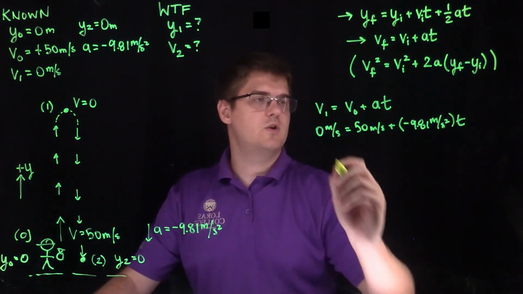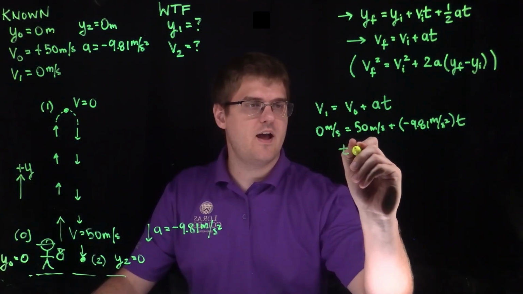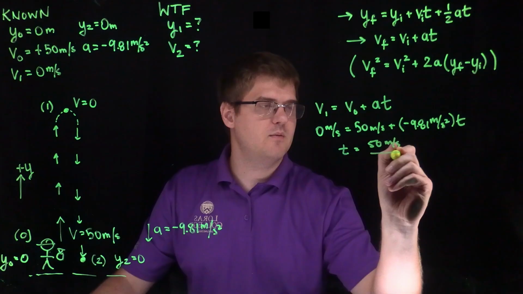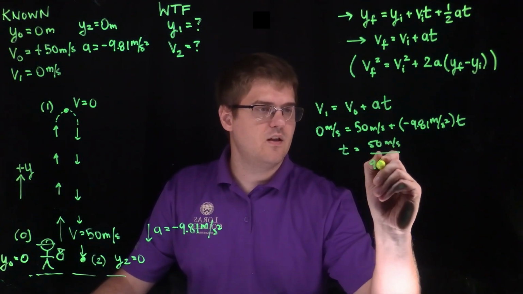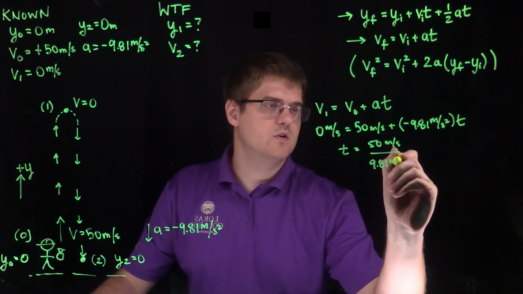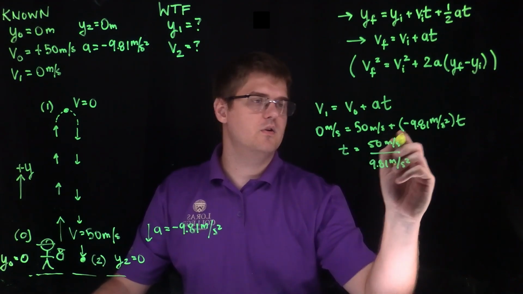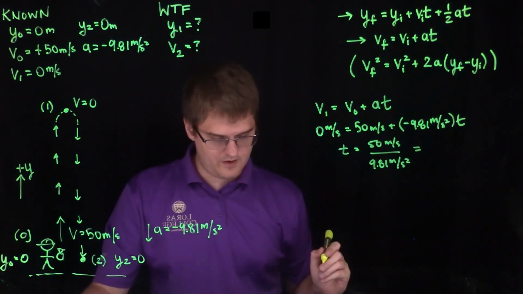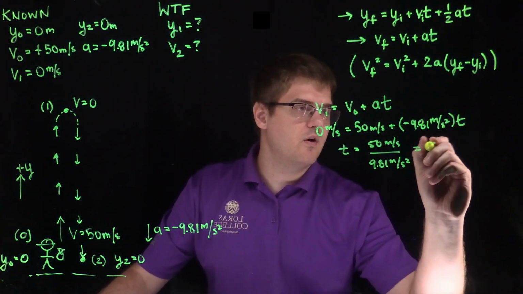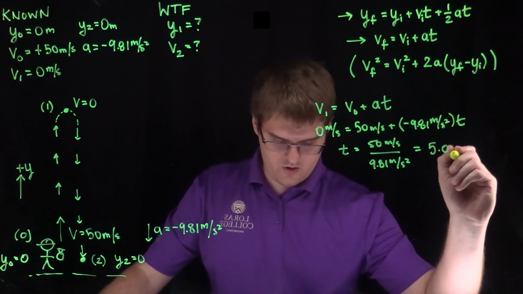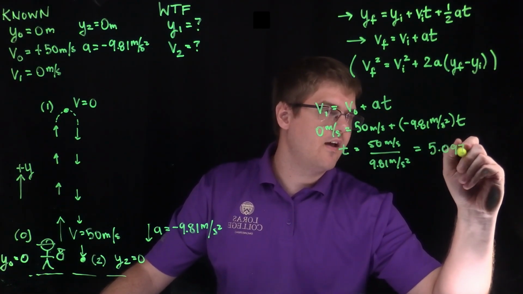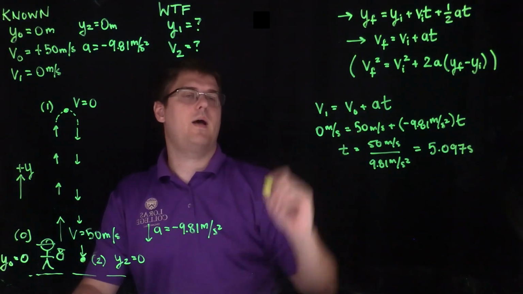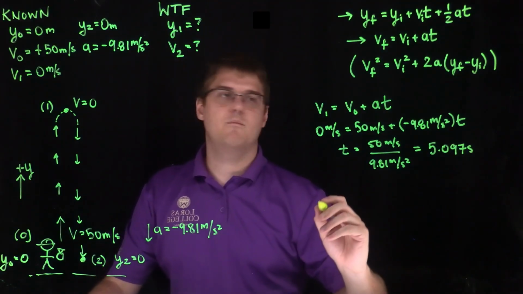So what I'm going to do is subtract the 50 over, and I can say that time is equal to 50 meters per second divided by 9.81 meters per second squared. Meters cancel, one of the seconds cancels. I end up with units of seconds, and I get a number of 5.097 seconds. I can then plug that right back up into this top one,